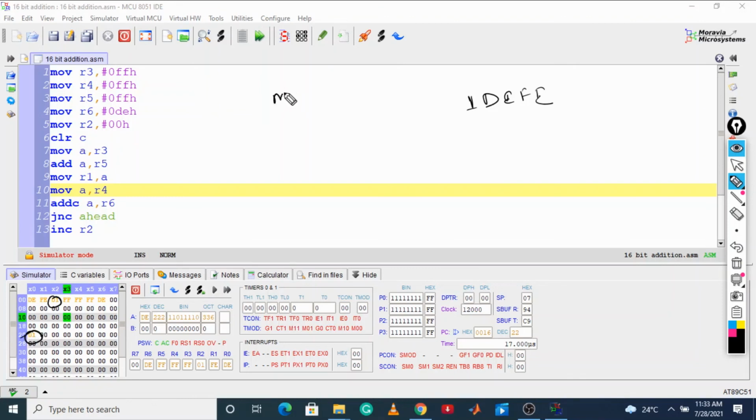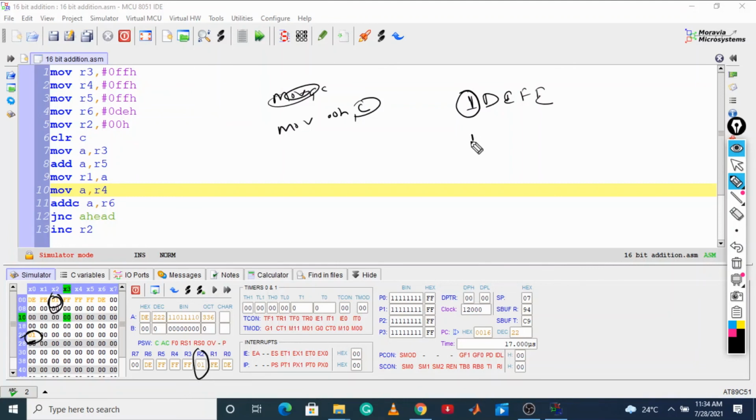The command that moves 00h to C, the carry bit, we are going to get at the 20h position. That means one carry we got, and moreover the carry was stored in R2 also. So this carry bit is stored here also.